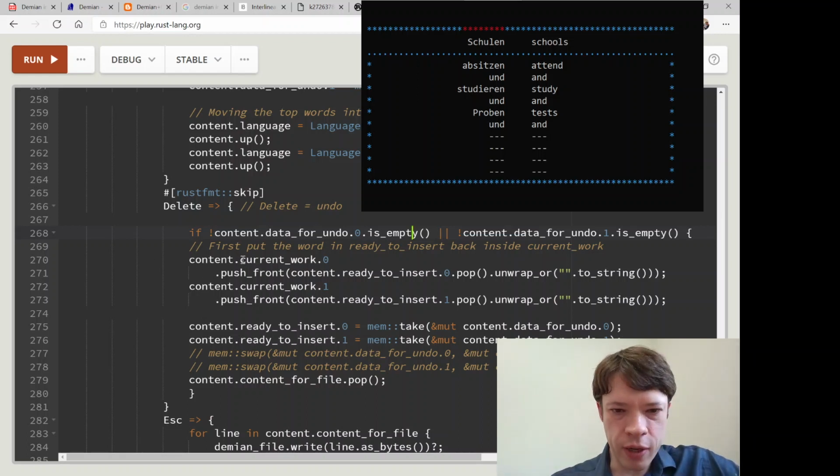So we have our current work here. So our words that we're working on, it's going to push something on the front. Let's see, push front, content ready to insert. What was this? Oh, it's going to push the, what was I doing here again?